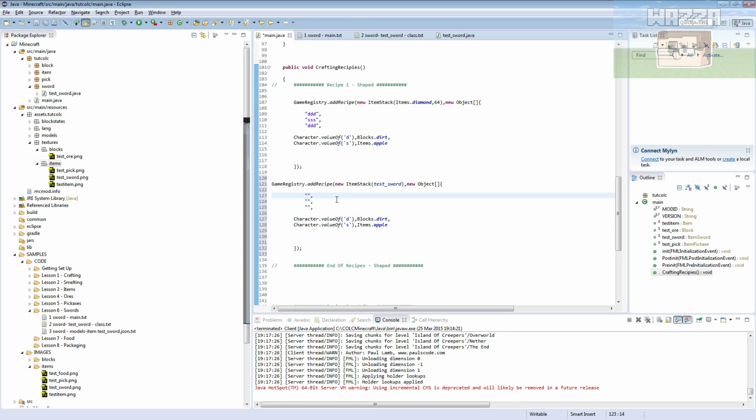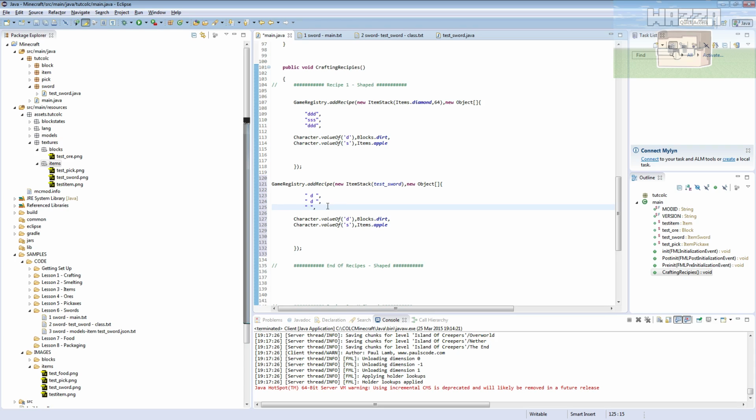Now, to put it into our crafting table, we're going to say, well, I'm going to have an empty area, so I'm going to press spacebar for empty. And then I need to have my item, D. And then I need to have another empty area and press spacebar. Okay? So let's do that again. Oops, got rid of that. Now I've got too many. So we're going to press spacebar for the empty bit, D for the item, and then spacebar again for another empty area. We do exactly the same thing, so we're going to press spacebar, D, spacebar. So we're saying we're going to have item, item, and then we're going to have